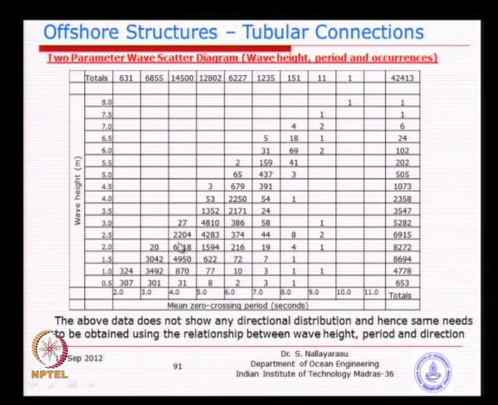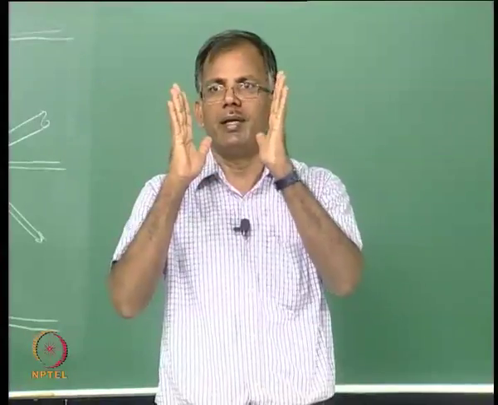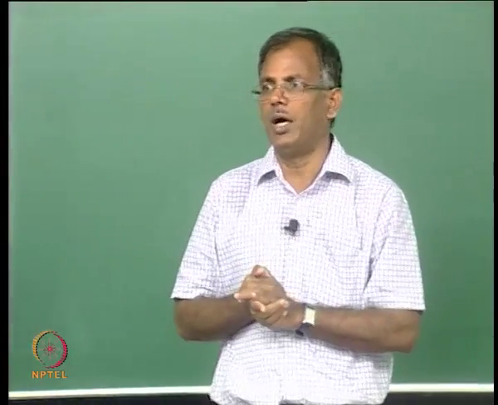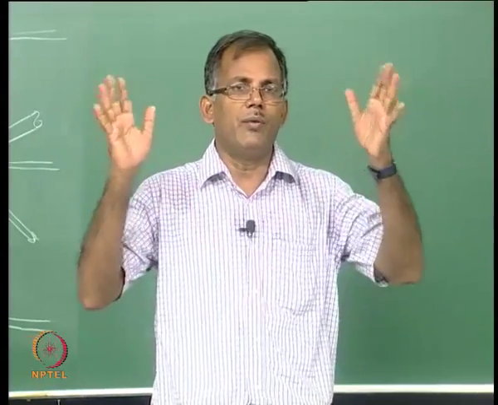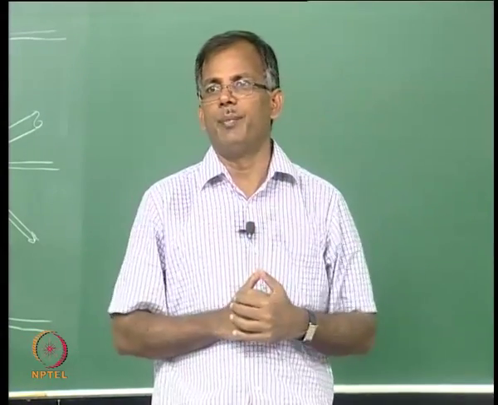Each of the bin is describing, for example, this vertical line is 2, this vertical line is 3. That means, between a period of 2 and 3 for a wave height of 0.5 meter, we have number of occurrences 307. The idea is each one is given a range, it is not a specific or a discrete item, it is just the bin covering certain range of wave height, certain range of wave period.